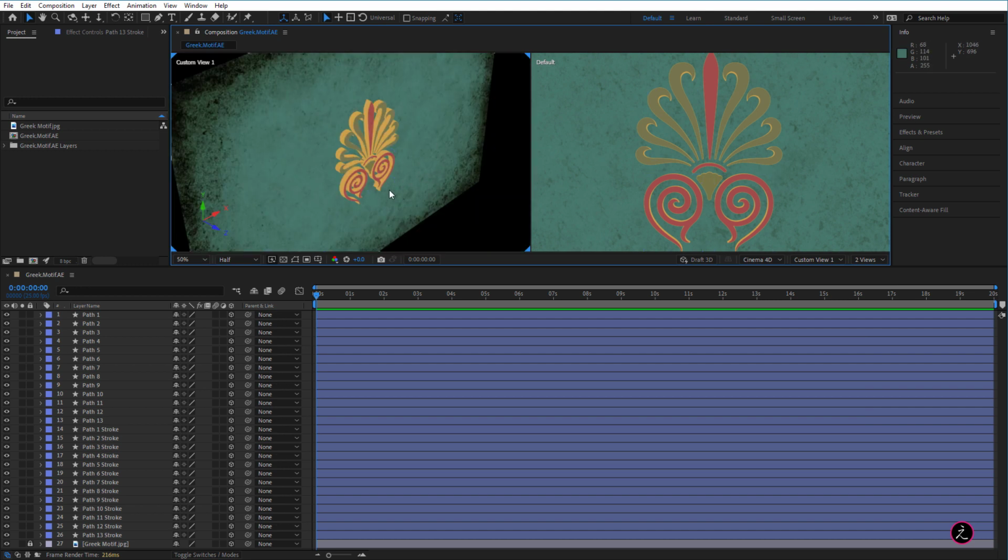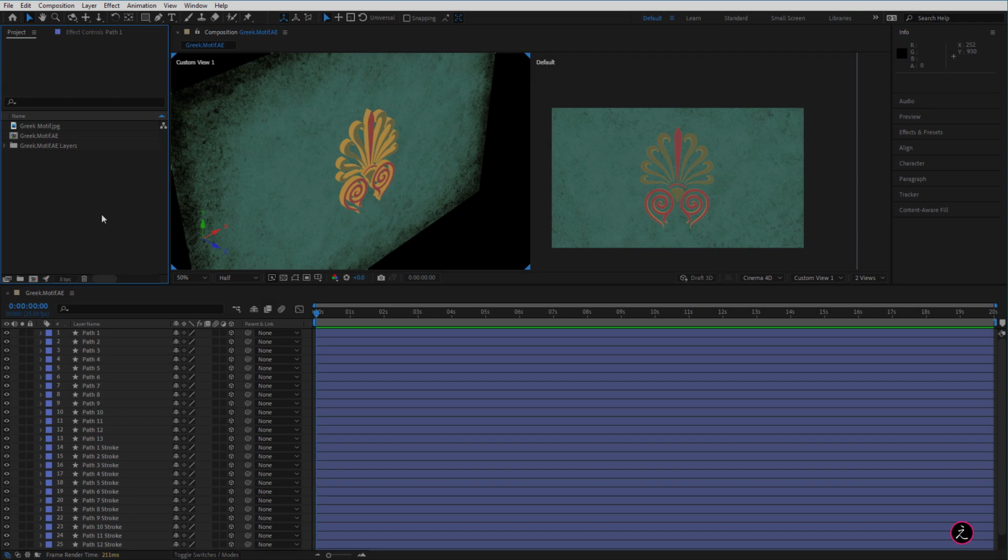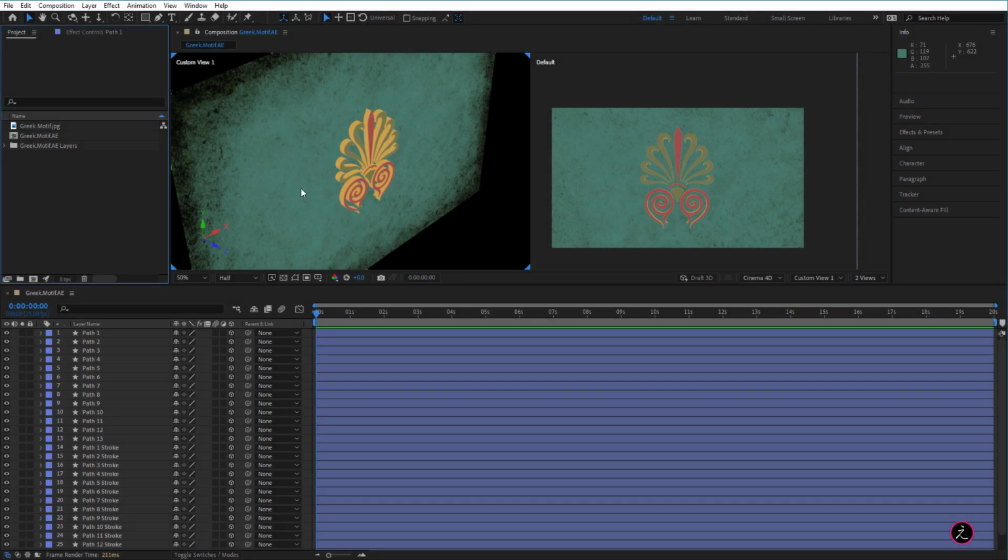So having 2 composition views side by side, either the left view or the right view, will help you understand the position of the shape layers and be able to move them into Z space so you can see the extrusion. So things are looking great inside our composition. We extruded all of these shape layers. Let's go ahead and continue and add a couple of spotlights into our scene.